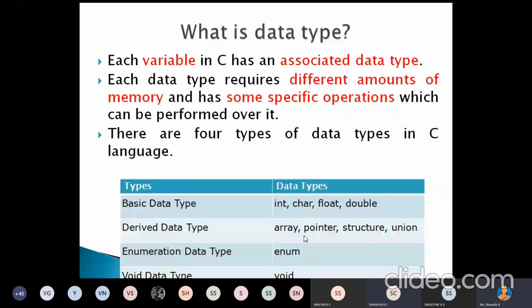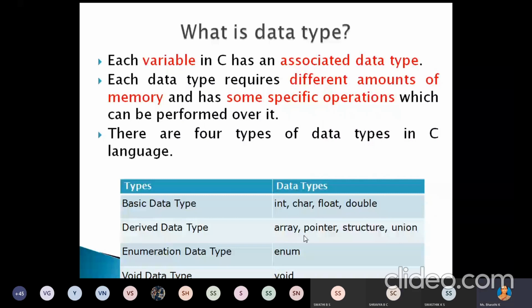I told you that data is the raw information. That may be in the form of a number, a character, a string, or a floating point number, etc. Now we have to store that data in some memory location.